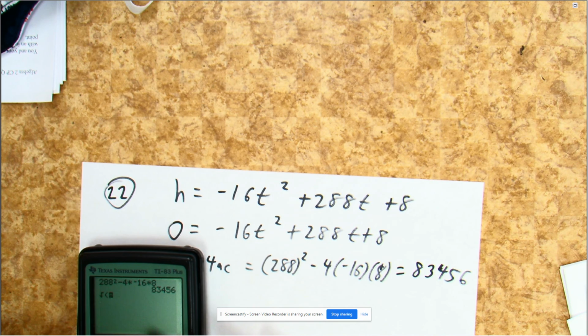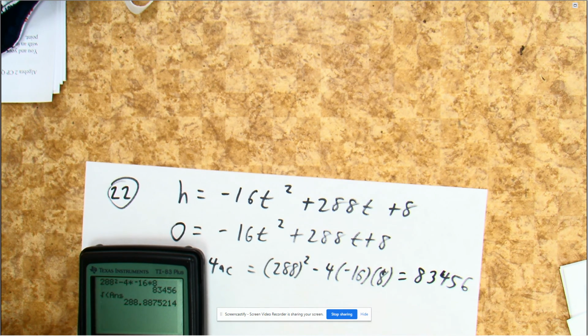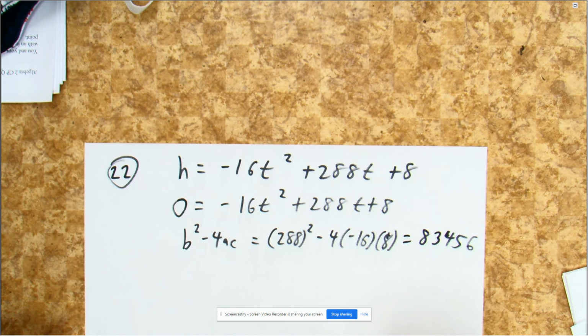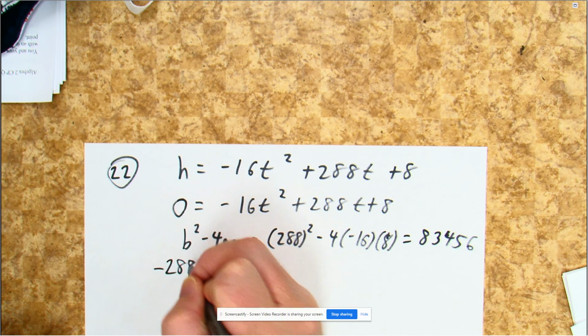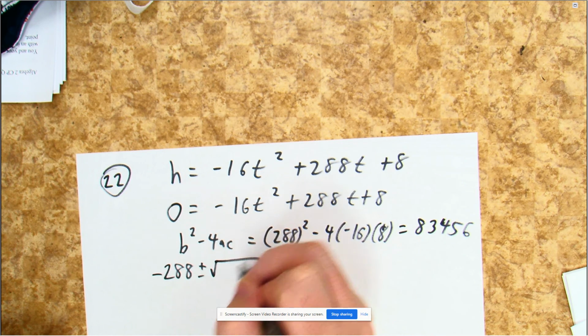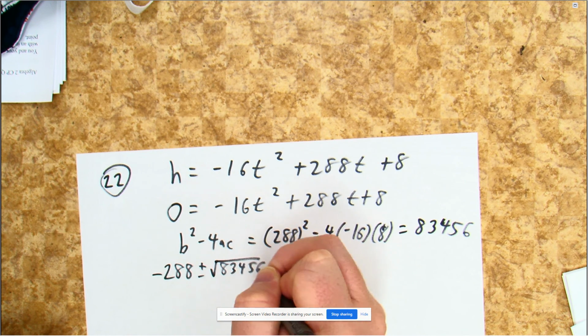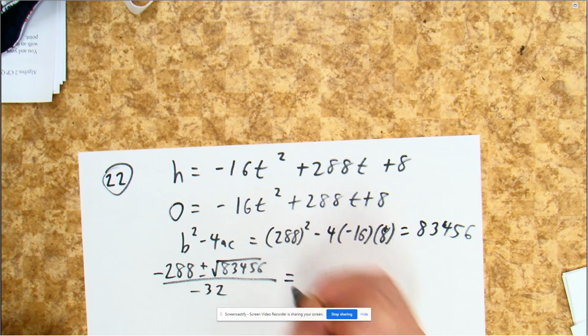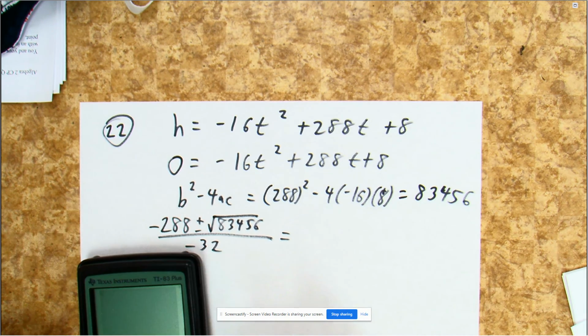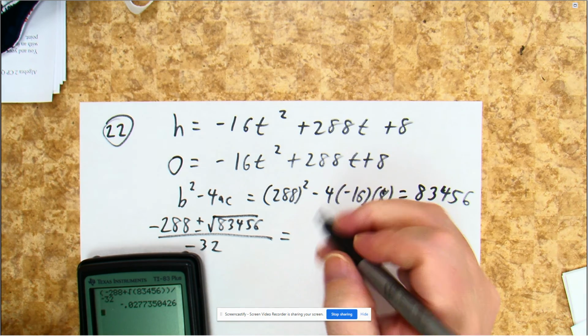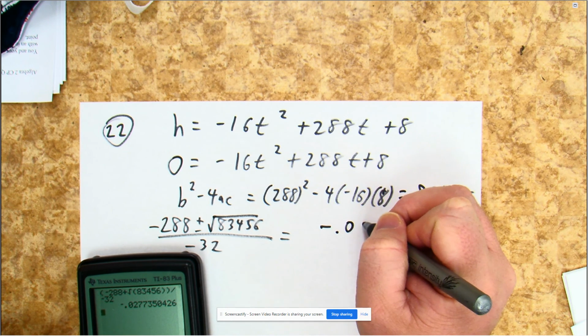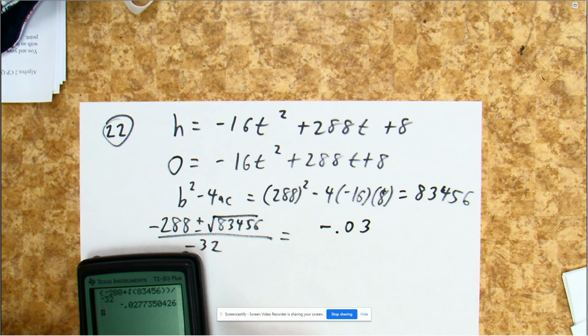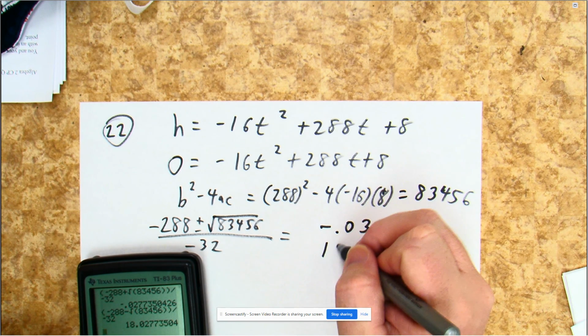It's not going to be a perfect square. I know that. You can see that right there. But I'm going to go ahead with the rest of the quad formula. Negative b plus or minus square root 83,456 over 2 times a. I'm going to skip a step and put negative 32. I'm going to get 2 answers, as we have been getting all day. Negative 288 plus the square root of 83,456 divided by negative 32. You can see it gets me an answer of negative 0.03 if I rounded it. Do it again, second enter, with a minus: 18.03